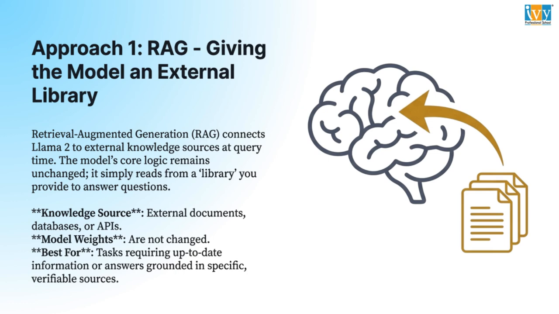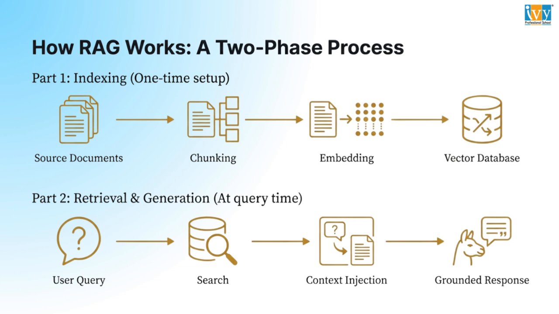Exactly. And that whole process is, well, a bit more involved than just copy-pasting text. It's really a two-phase engine. Okay, so what are the two phases? The first is a one-time setup, which we call indexing. You take all your source documents, your company policies, tech docs, whatever, and you have to split them into smaller pieces. We call them chunks. And getting those chunks right is a big deal, I hear. It's everything. I mean, it's really where the art of RAG begins. If your chunks are too big, you're just giving the model a wall of noise; too small, and it loses